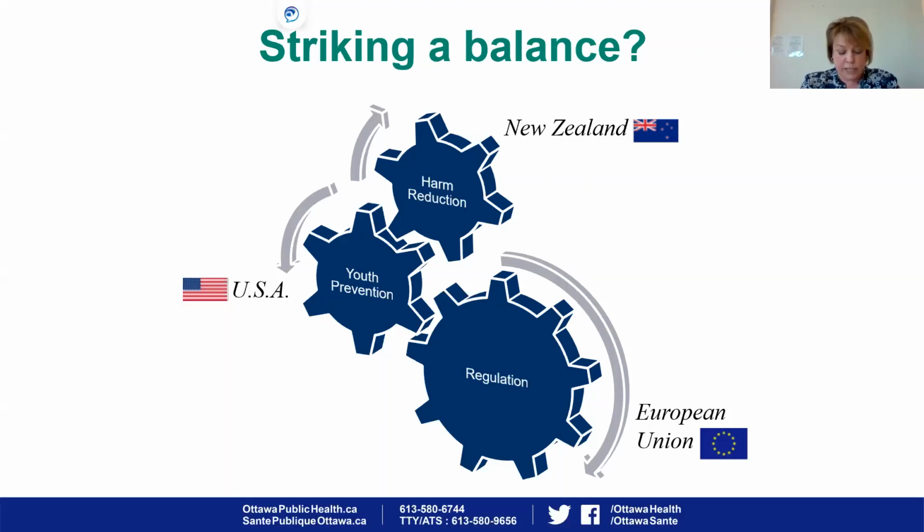The US is prioritizing youth prevention and has declared a youth vaping epidemic. As a result, many states and municipalities are imposing their own restrictions, such as San Francisco with a complete ban on sales of vaping products and Michigan with a ban on flavors. In comparison, Canada is aiming for a balanced approach, but regulations have been slow to follow since the legalization of nicotine vaping products in 2018.